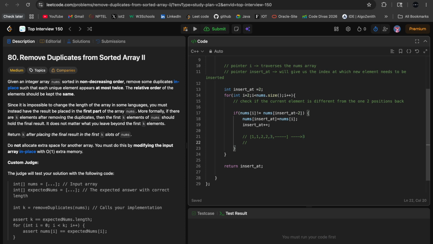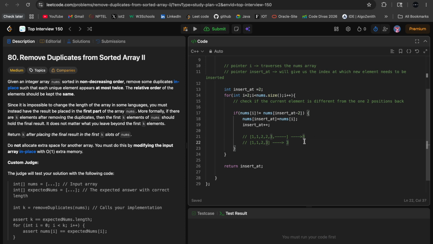So that's what we are doing here. Let's take another case so it helps you understand better. So I have 1 1 2 and 3. Similarly, 3 is the one being considered. Now you'll ask me, why are we checking the element 2 positions back? If we were considering the element just behind this, our logic would be, hey, is this 3 the same as this 3? Yes, then we won't consider it. No, that's not what we are doing here, right? So we are considering the element 2 positions behind, this 2. Is 2 the same as 3? No, it's not. So we can include this 3 here. That's how the logic proceeds further.